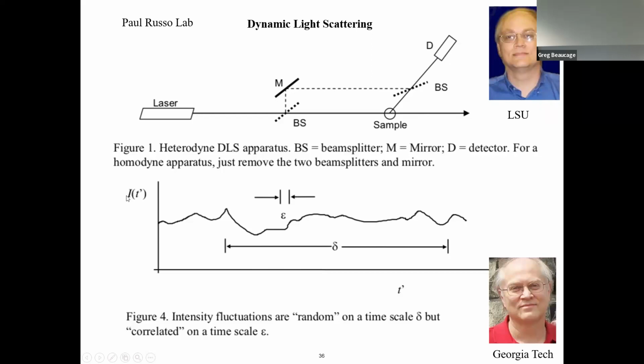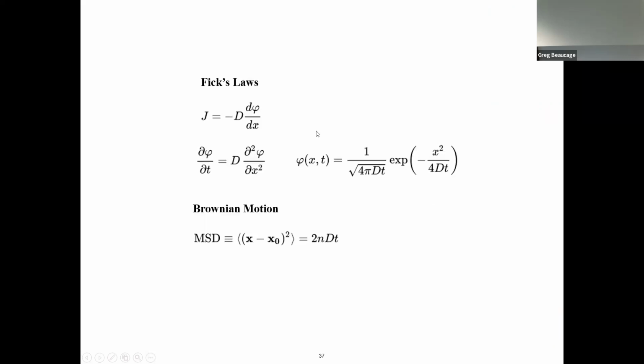So 2 pi over q gives you the size scale, and then this is the time dependence. At short times, it's going to be 100% correlated. At long times, it'll be the average. In between, there's a decay function. It's going to have a decay function that describes this correlation length. So